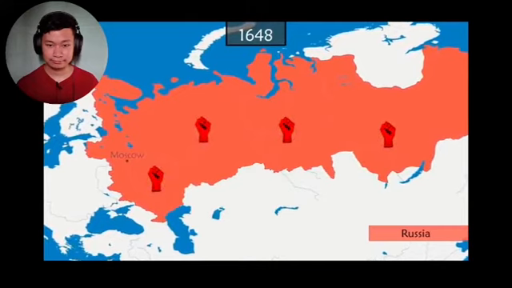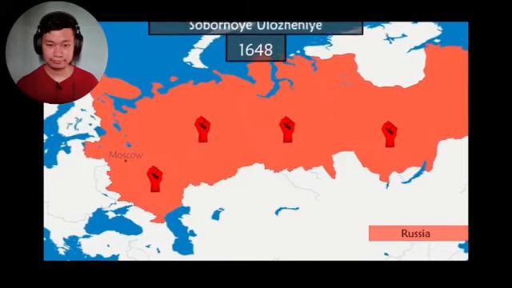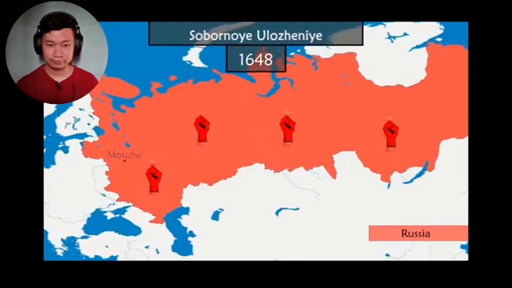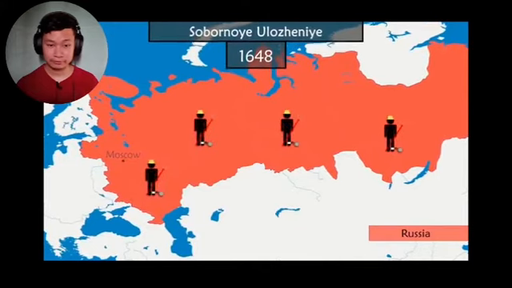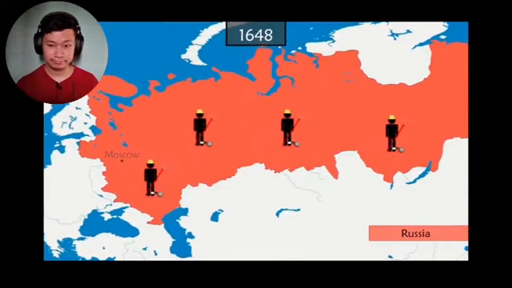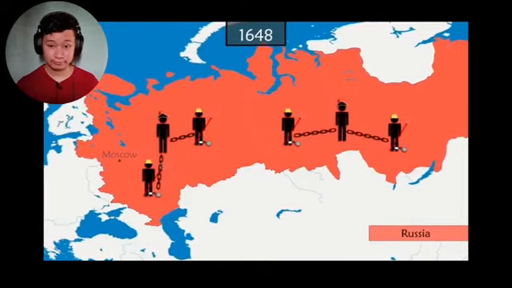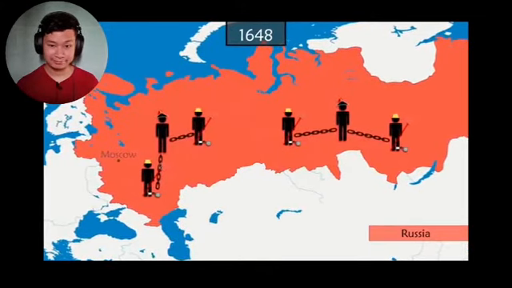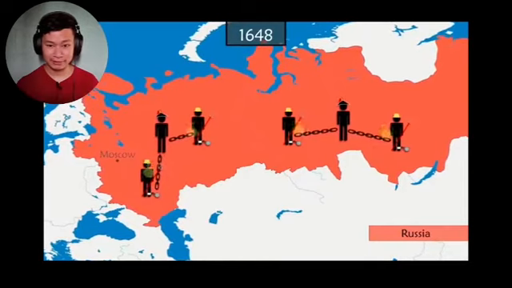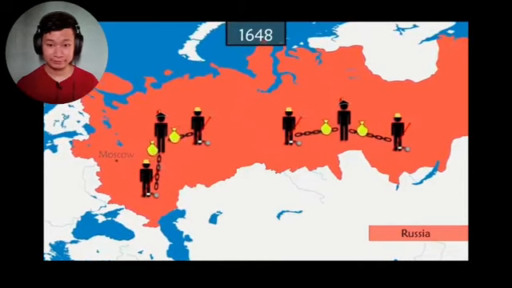In response, Tsar Alexis reestablishes order, notably by reinforcing the serfdom of the peasants, who represent the largest source of income for the state. The peasants are no longer allowed to leave their lords, who are given all rights over them, with the lords also now responsible for collecting taxes on behalf of the state.